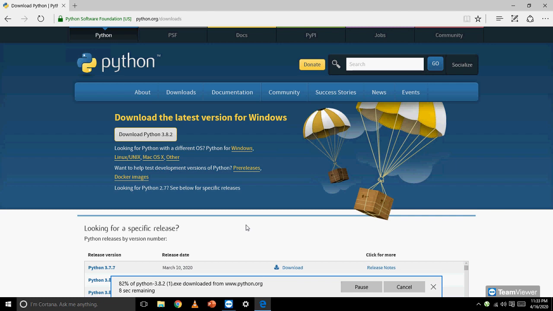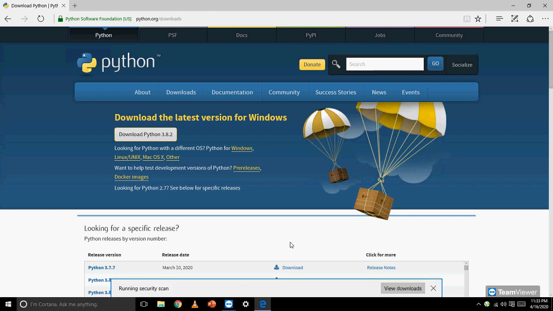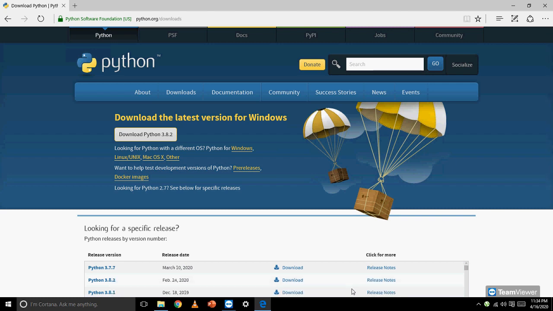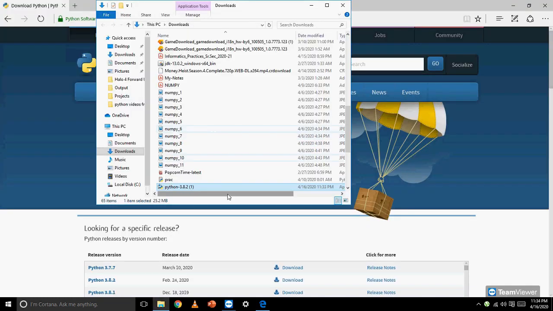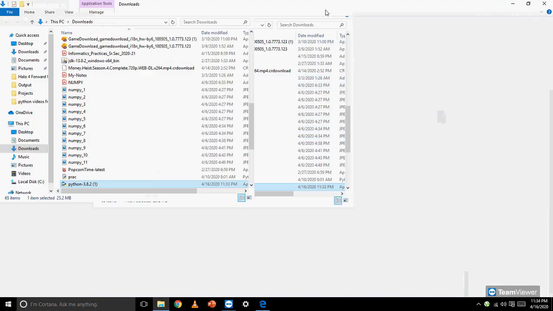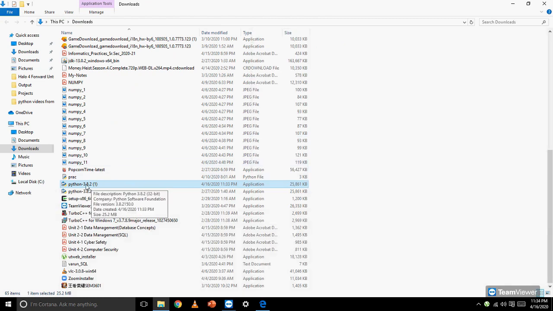So let's wait for another 5 to 7 seconds. The file is downloaded. Now I can open the folder. Here is the file that was downloaded. So I'll double click here so that the exe file runs.